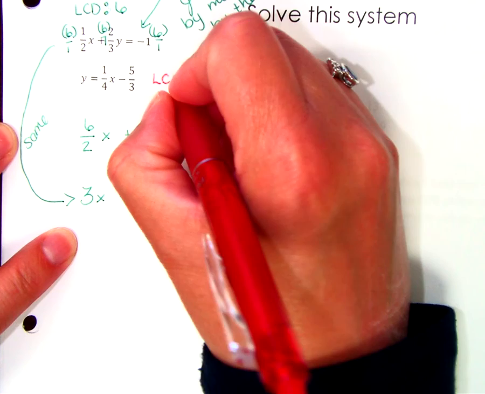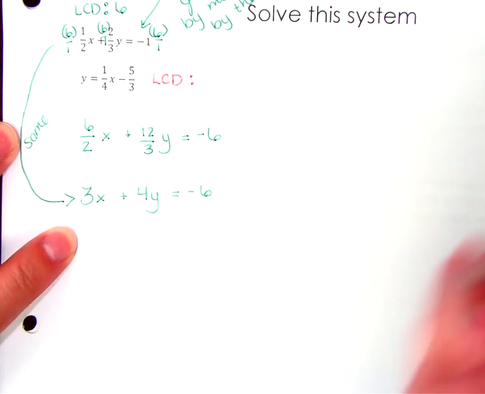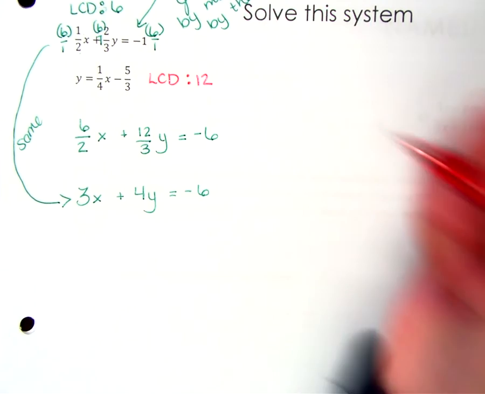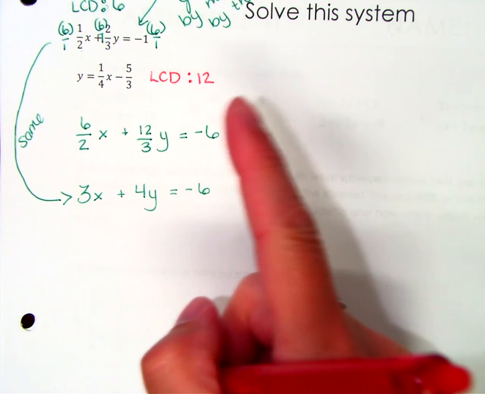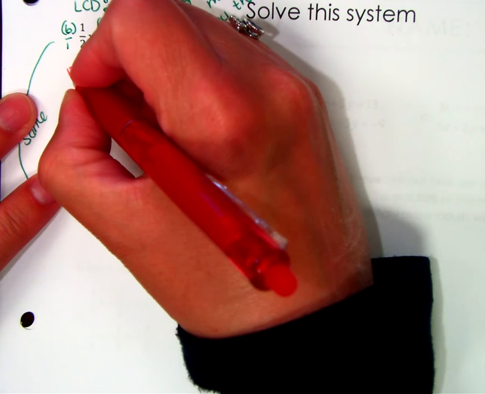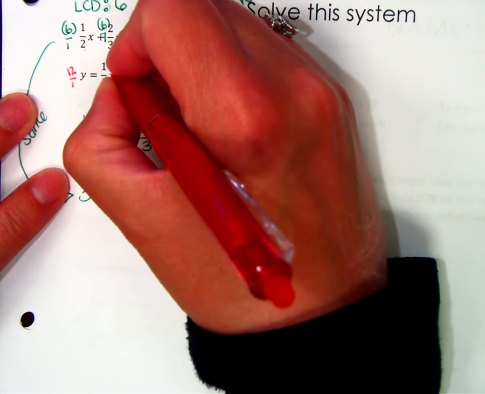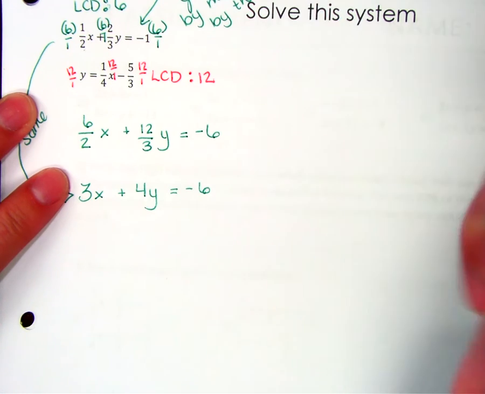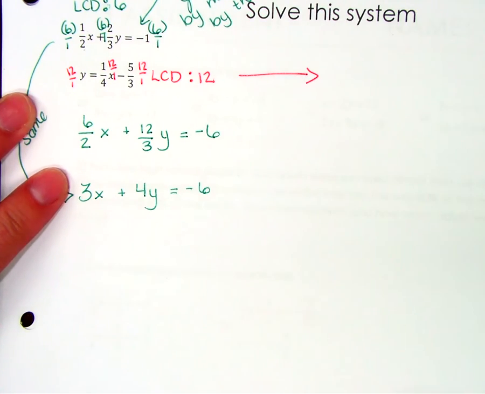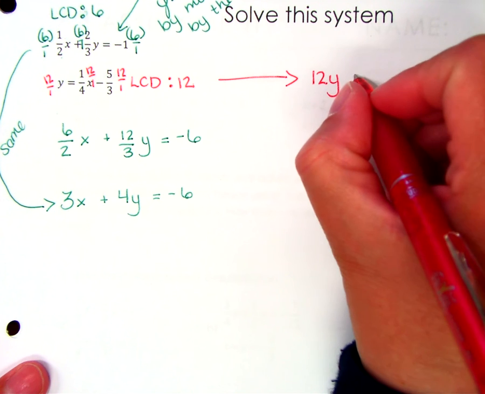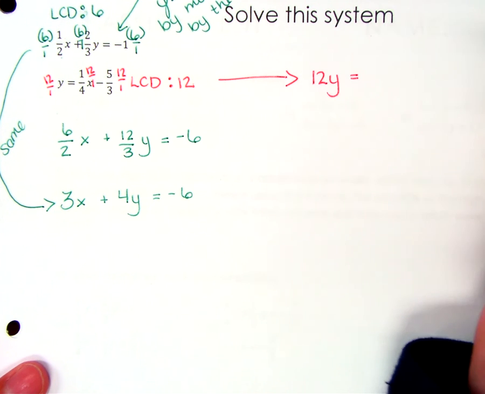So the LCD for this one, what's 4 times 3? That would be 12. So we're going to take all the terms and we're going to times them by 12. So 12, that's like saying 12 over 1, 12 over 1, 12 over 1. So I'm just going to move this over here because I'm kind of over room. So we're going to have 12y equals,